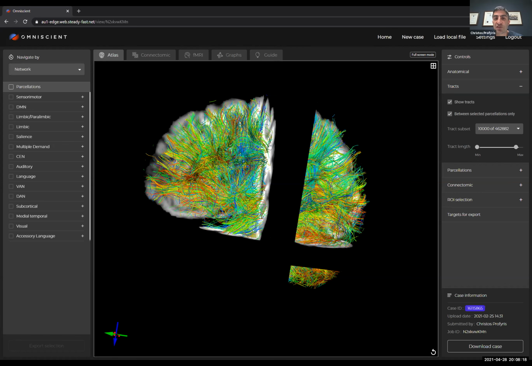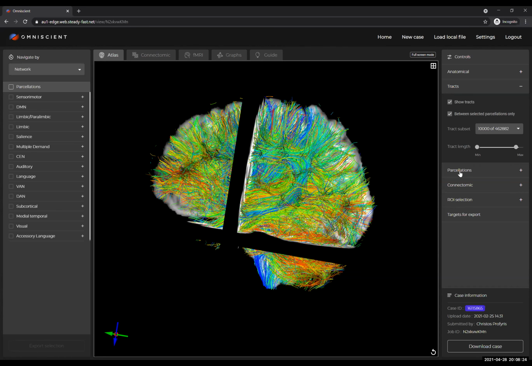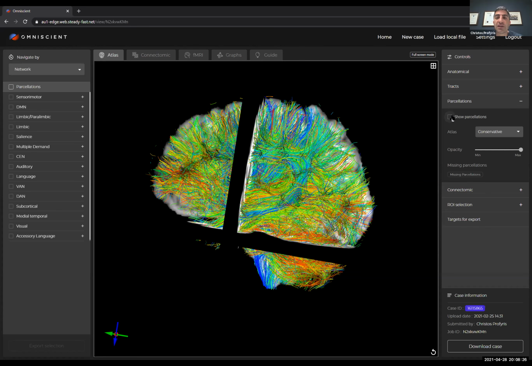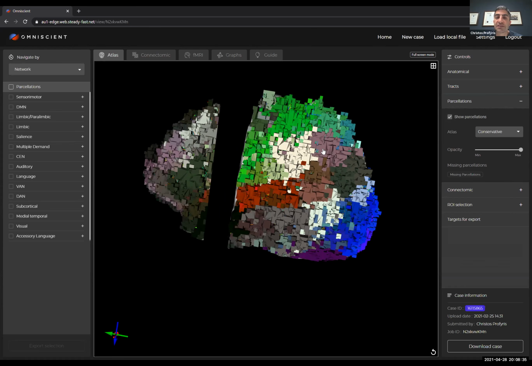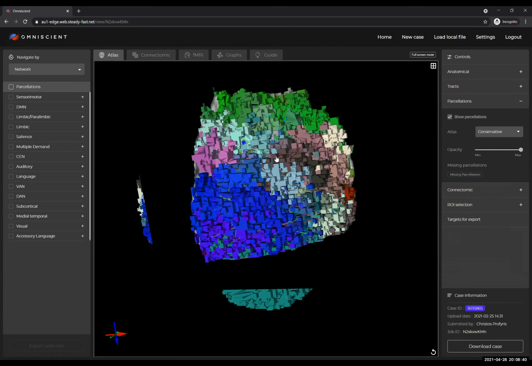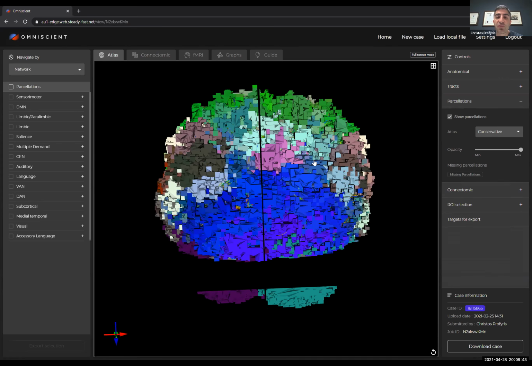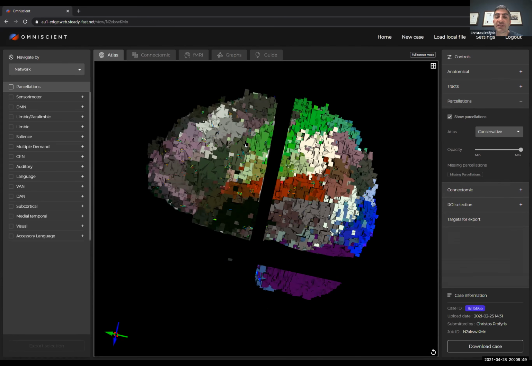So imaging wise, we saw the structural MRI, we saw the diffusion imaging. And what we do next is the case is uploaded to the cloud, and then the machine learning analyzes all of the tracts and builds this patient's personalized Glasser atlas. So what we've got here is 360 areas in both hemispheres, which is personalized to the patient because everyone's brain map is different. And what we can do with this, now that we have an outline of all the areas, is essentially understand his personal brain, and then we're going to analyze his resting state MRI in relation to this